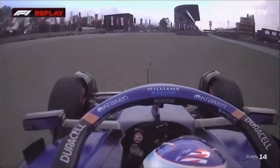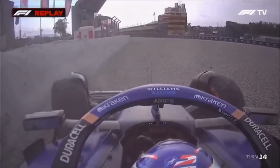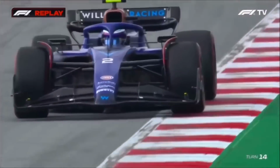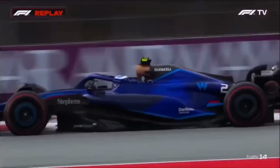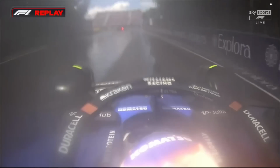Ooh, just got on the curb a bit on the inside as well, but well, he scrubbed off a lot of speed, slowing the car down, and by the time he hit the tyre barrier, it wasn't going hugely fast. Yeah, he'd lost the rear a little bit before hitting the curb on the inside as well. This is the lock-up then from Sargeant a while ago. We've got Daniel Ricciardo being...